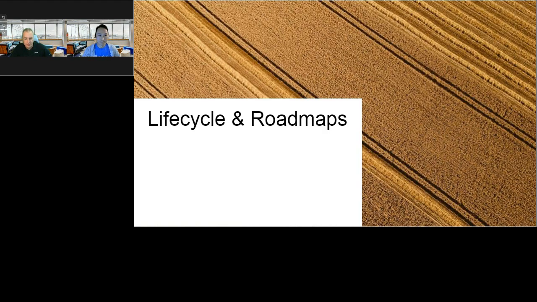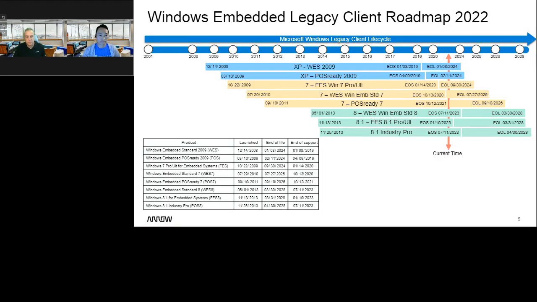Let's jump right into the lifecycle and roadmaps. We'll go back in time and sort of plant a foundation with the legacy Windows embedded products. So these are the products that didn't have the name IoT in the name. A number of years back, Microsoft changed the name from Windows Embedded to Windows IoT. So all the new products today are IoT. But back in the day, they were all known as Windows Embedded.